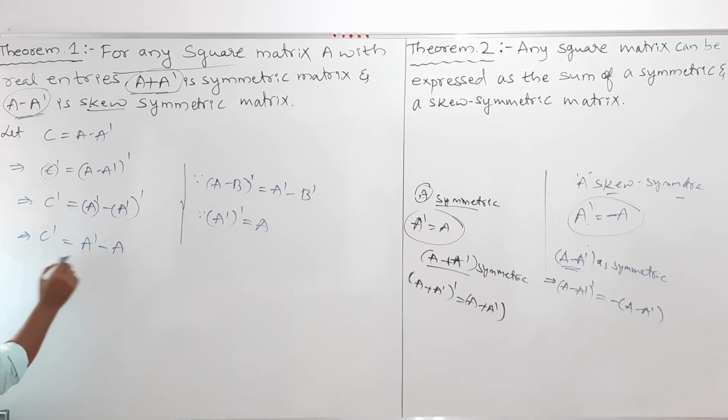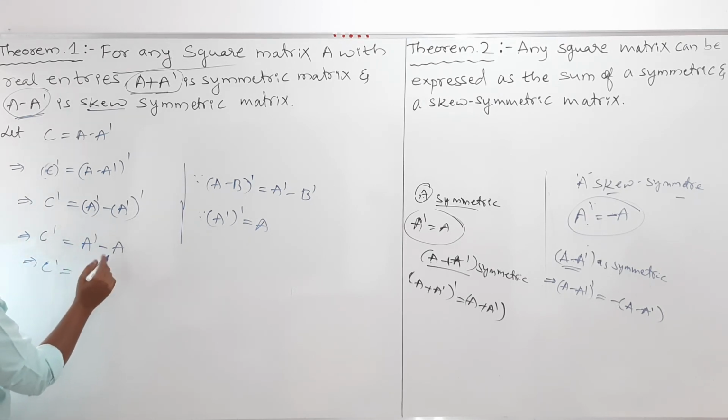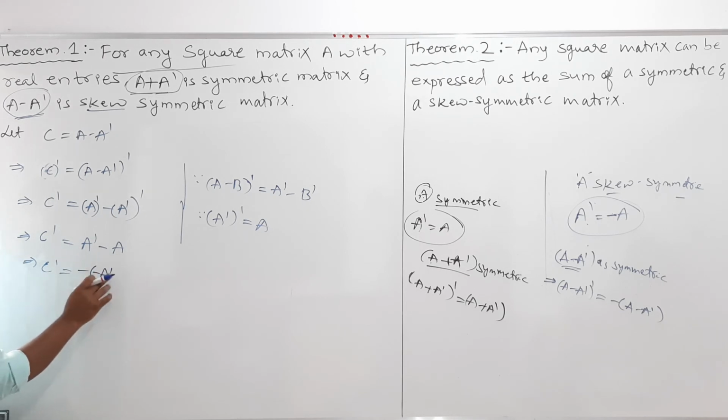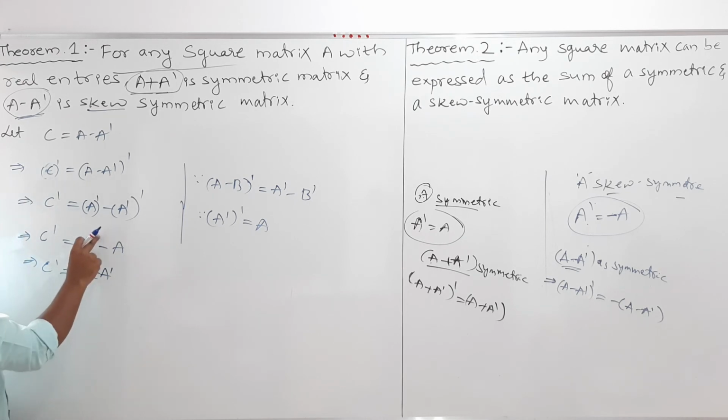Clear? So now my dear students, C transpose is equal to A transpose minus A. First what I will do, I will take minus common from this. So first I will write minus, and here it should be A transpose, so that I get A transpose, positive. From this I am taking minus common. After taking common, whatever sign you took common, after multiplying with that, I should get the previous term. That is here it is positive, A transpose must be obtained.